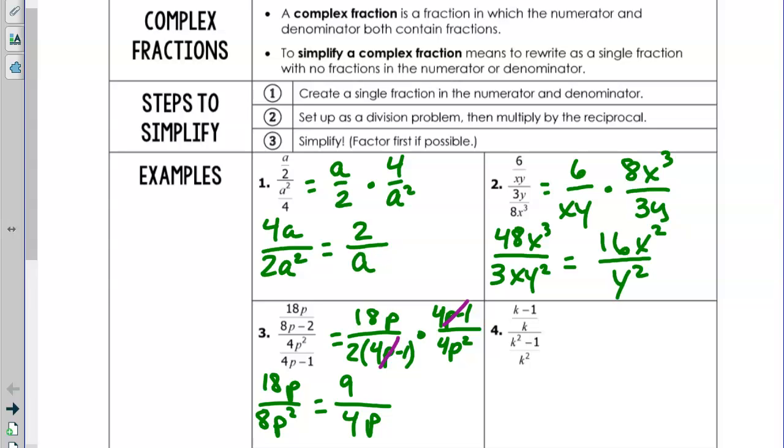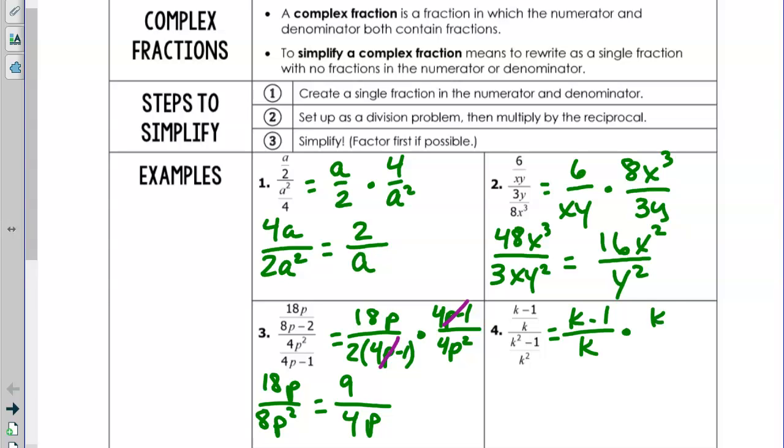Alright, let's look at number 4 now. We have k minus 1 over k divided by k squared minus 1 over k squared. So you can take out the k squared and then the k minus 1, right? Not yet. We can't take them out because of that minus in there. The difference is squared for the k squared minus 1. You can absolutely. So this one we can't do anything to. So I'm just going to rewrite k minus 1 over k. And then we can go ahead and factor that k squared minus 1, but where does it go when I multiply